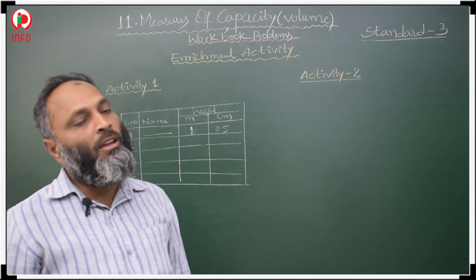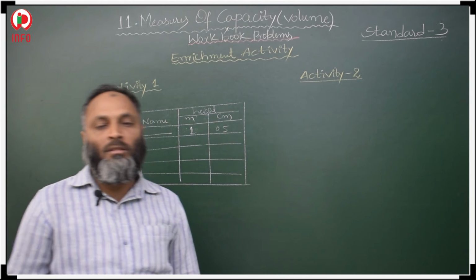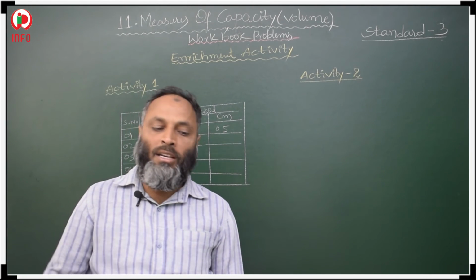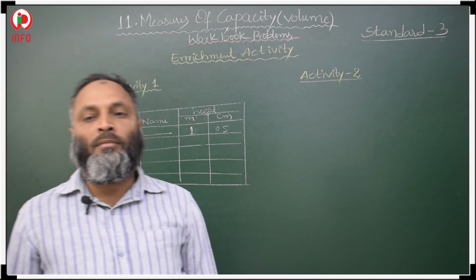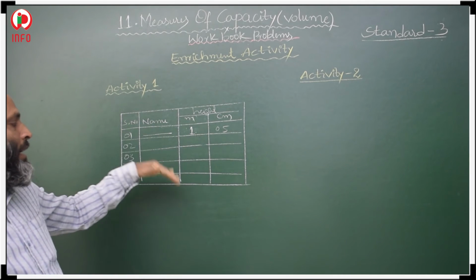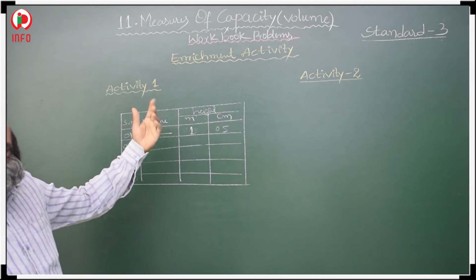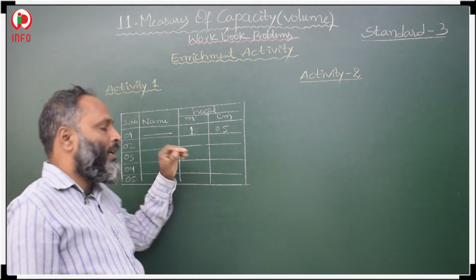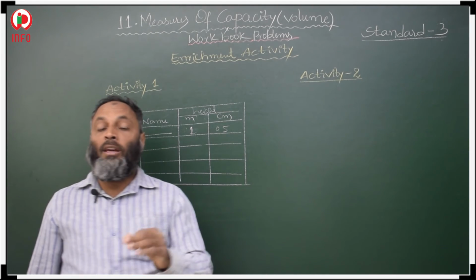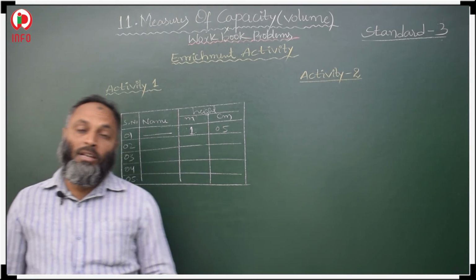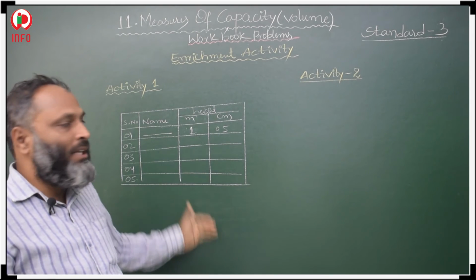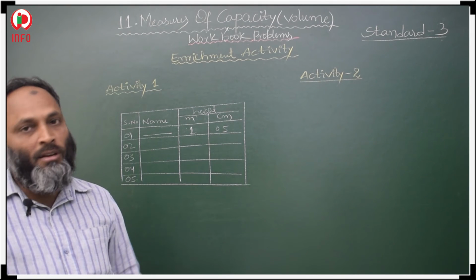Okay. In your family also, measure your family members' heights and write in the tabular form. So, in this activity, whatever the heights after measuring, you should arrange the heights in descending order only. In your activity, descending order is only given. So, you should write in descending order after measuring the heights of your family members or your friends.